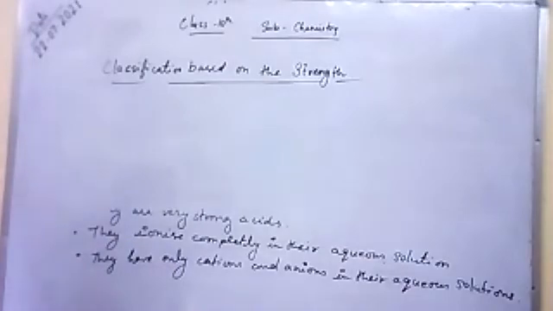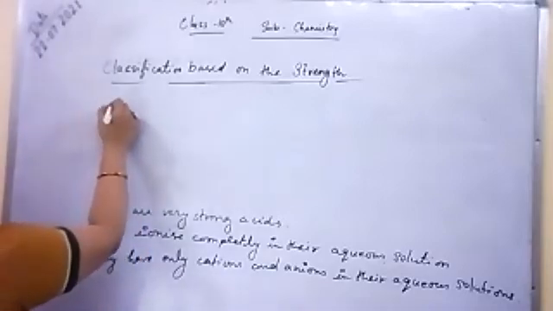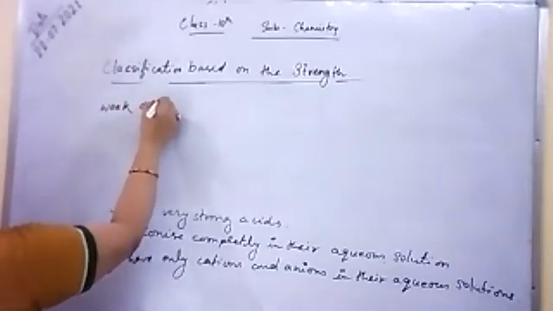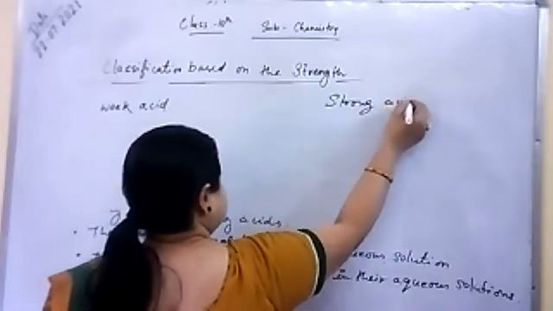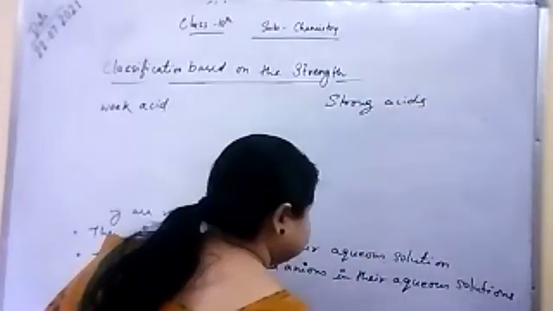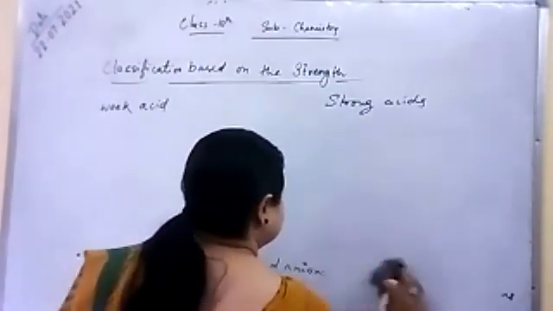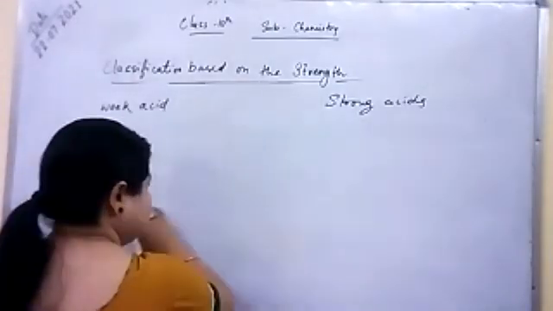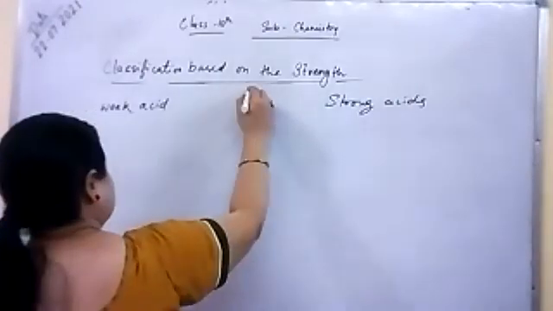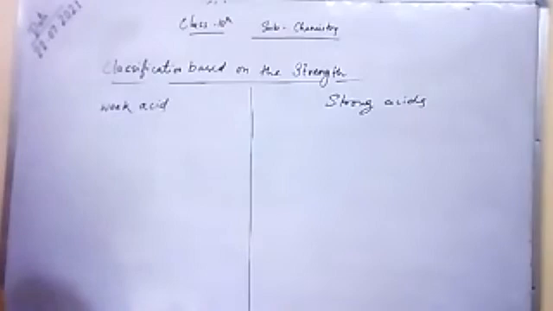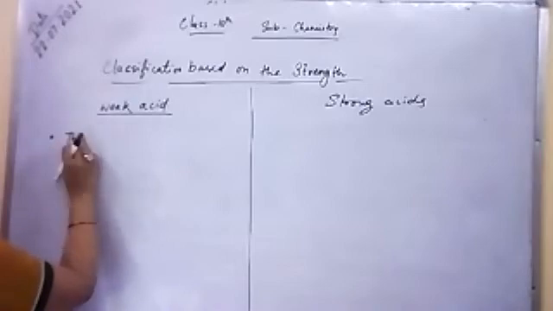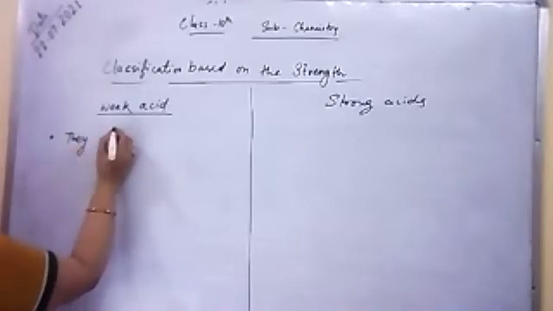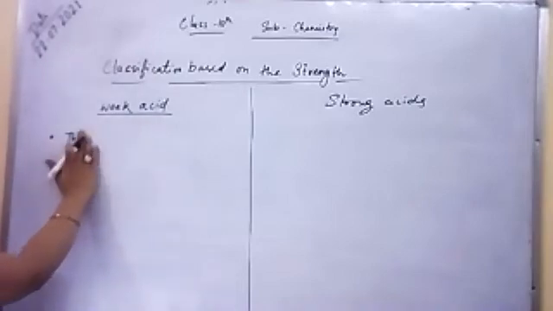So according to strength, acids are weak acids and strong acids. Correct? So for weak acids, the first point you will write here, they ionize partially. Those acids which ionize partially